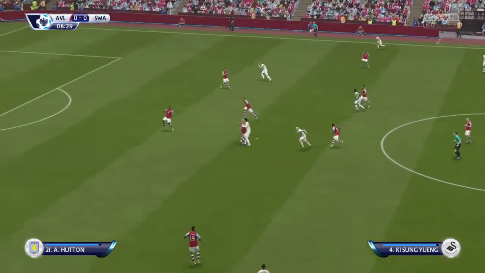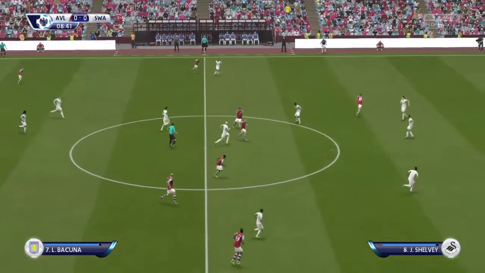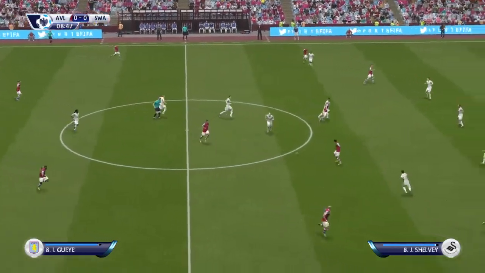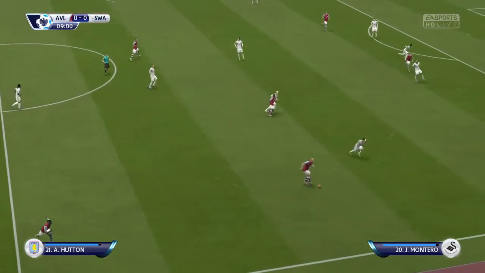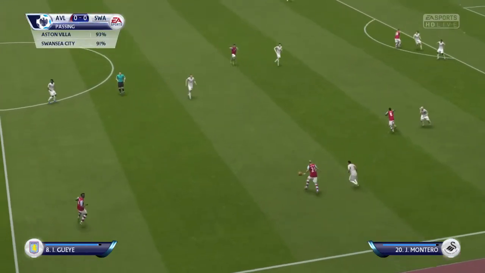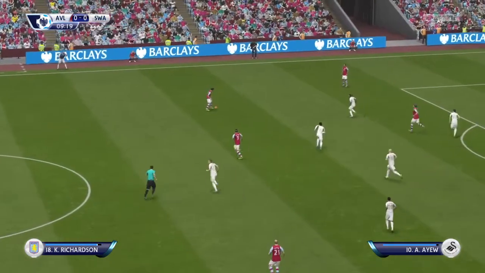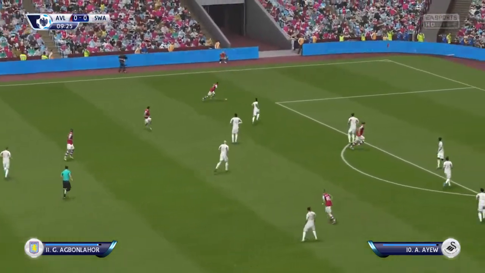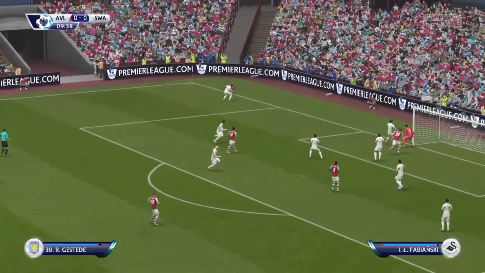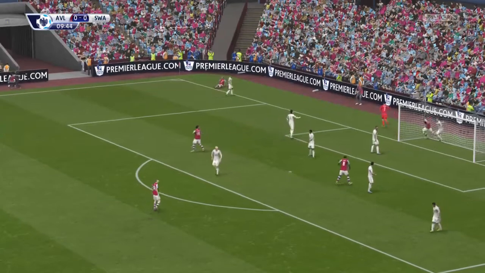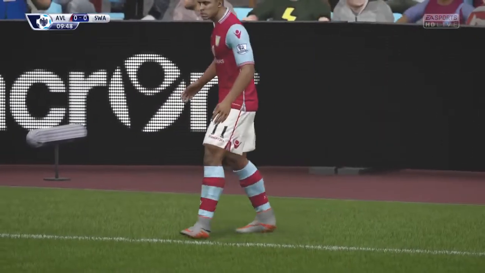Jonjo Shelvey. Leandro Bacuna. Gueye. Alan Hutton. In goes the cross. His cross was well away from those trying to get there and turn it into a chance.